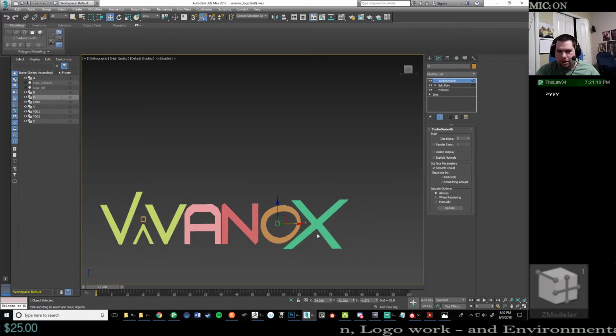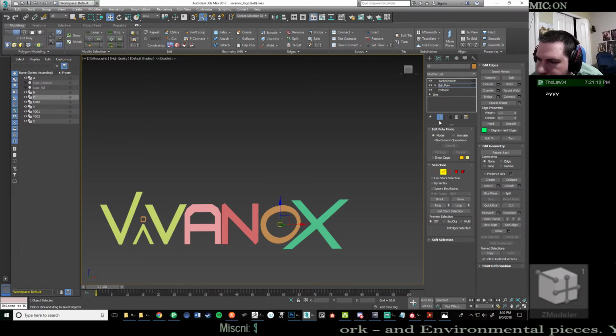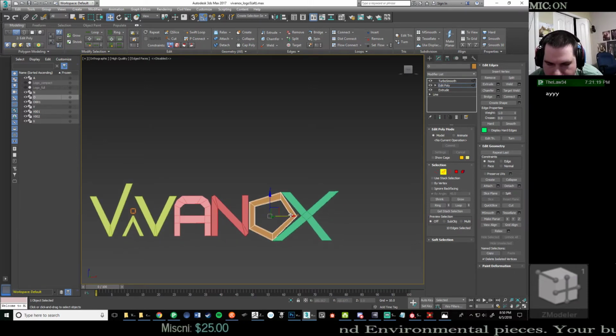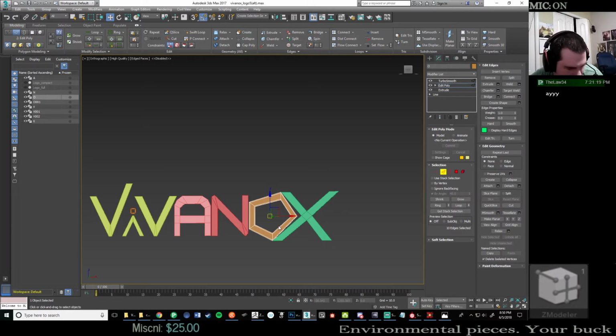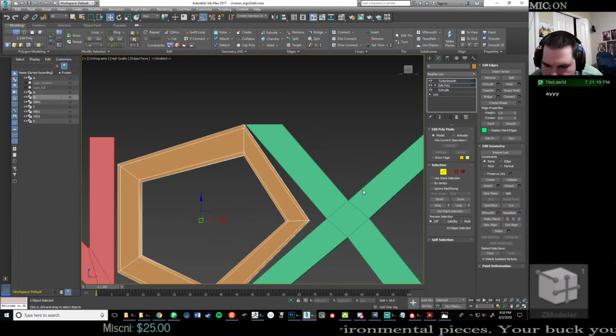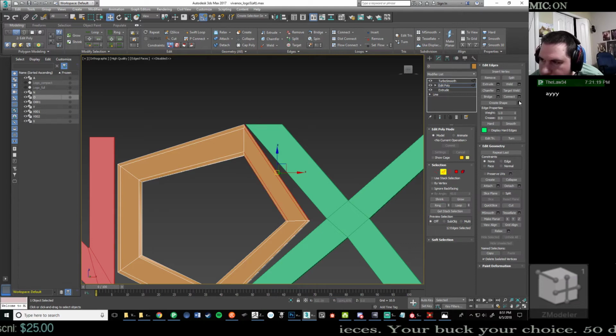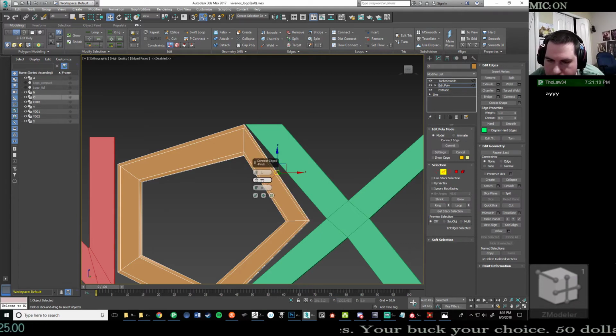We'd probably end up with something more like this when we turbo smooth, so I'd have to go back to edit poly. I'd have to support these edges here. Bring that, connect one.